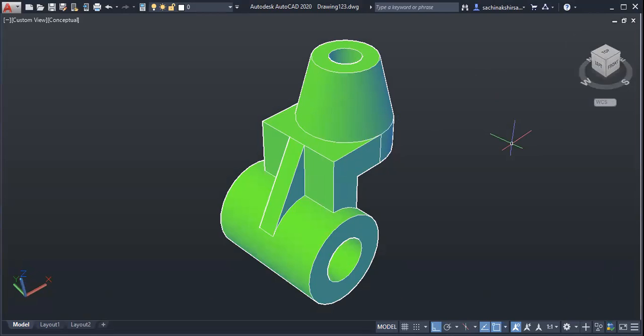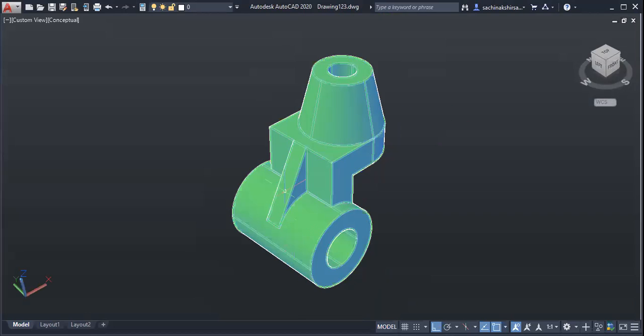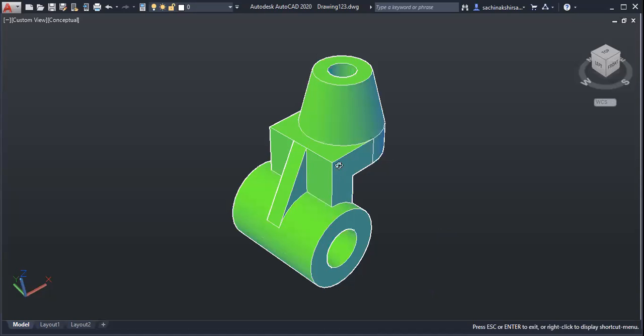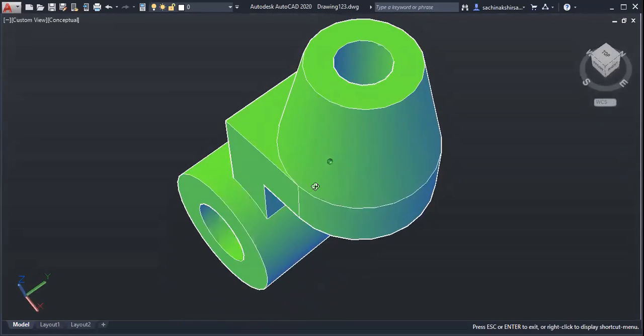Here I have tried to draw that object. There is one horizontal cylinder. Then there is a rib, the triangular surface. Rib means it is a supporting part. Then this particular surface, the angular surface, is something like this.